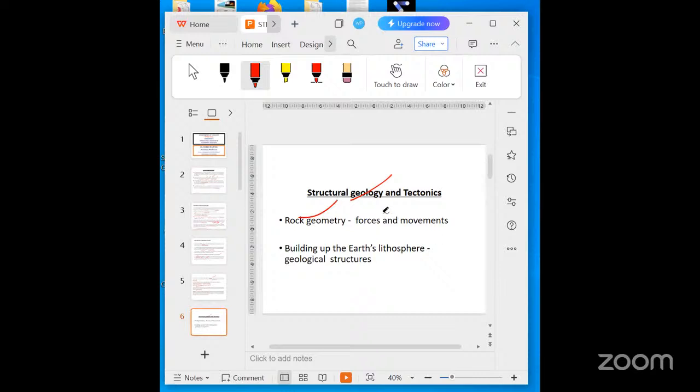So tectonics deals with the forces and movements responsible for the generation of the rock or geologic structures. Therefore, both structural geology and tectonics are responsible for building up the Earth's lithosphere. So we can say that